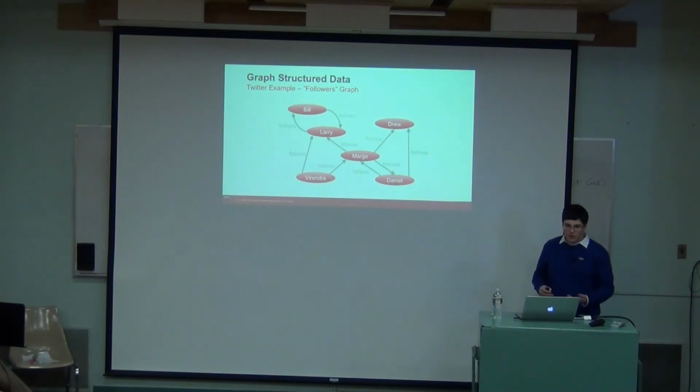And this is just one example of a social network. Another example is the Twitter network, in which case you have nodes representing people and directed relationships